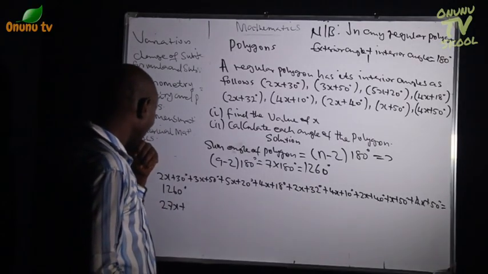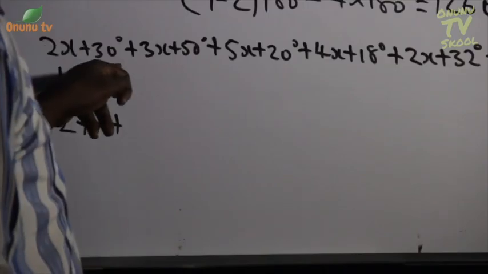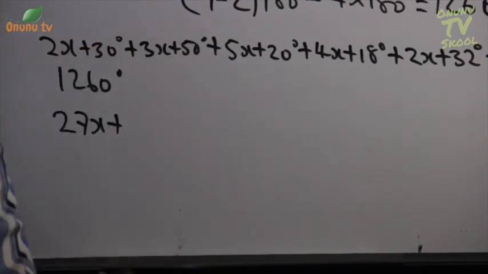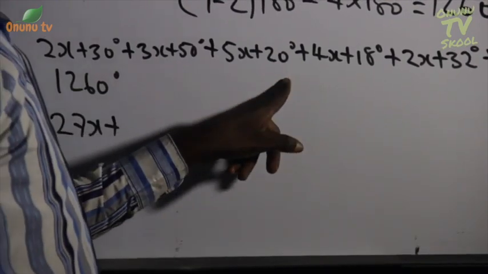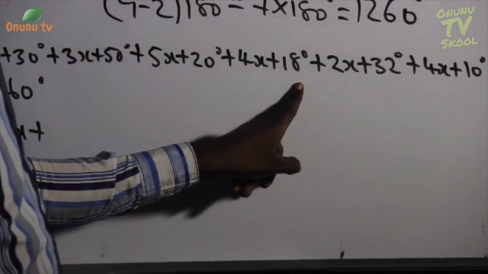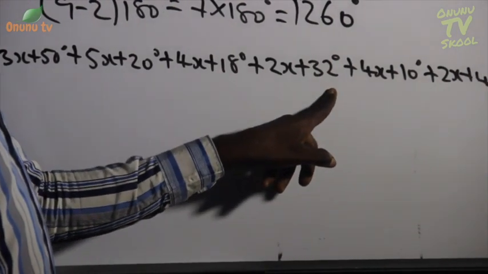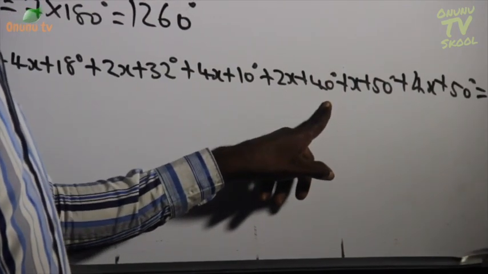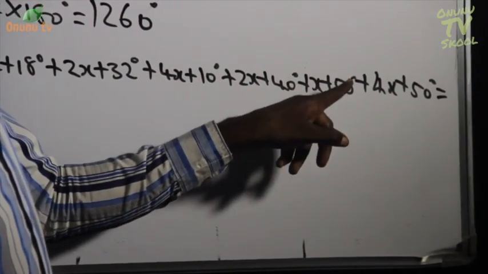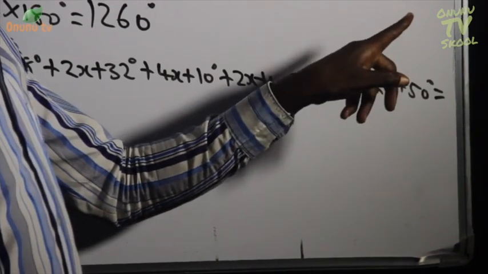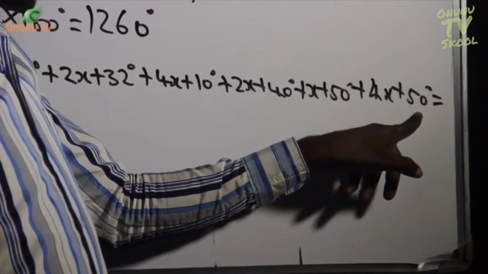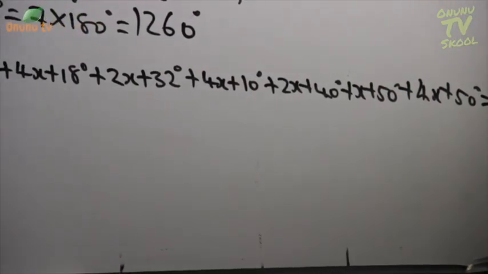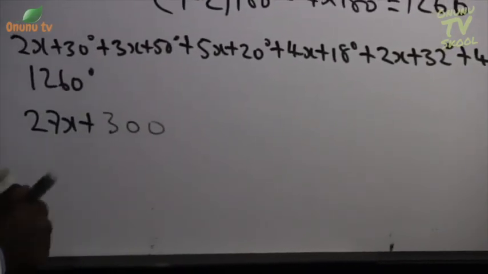We now have the constants. 30 plus 50 is 80. 80 plus 20 is 100. 100 plus 18 is 118. 118 plus 32 is 150. 150 plus 10 is 160. 160 plus 40 is 200. 200 plus 50 is 250. Plus 50 is 300. So we have 27x plus 300 equals